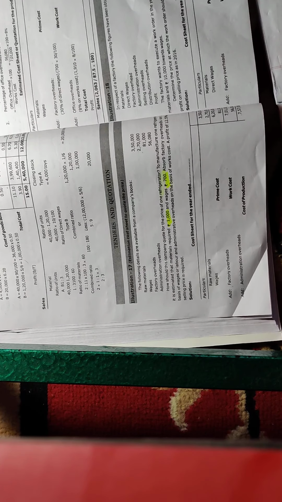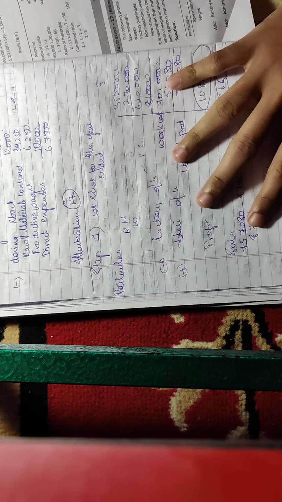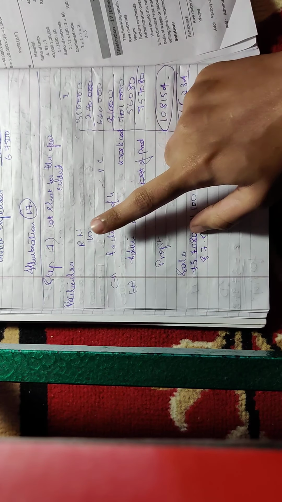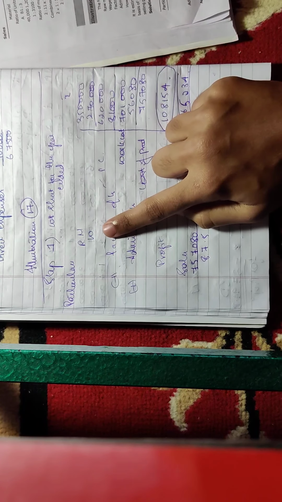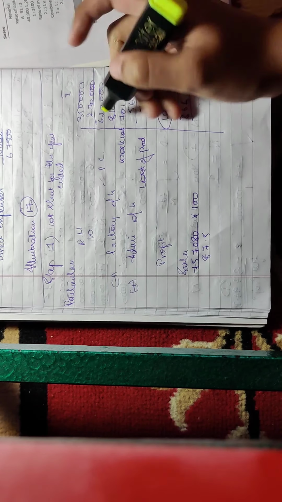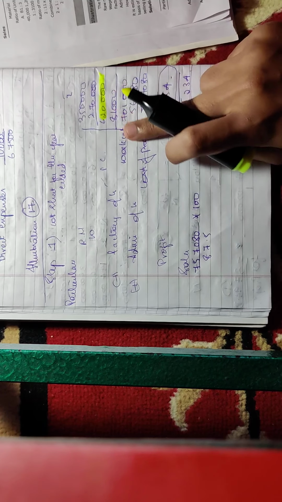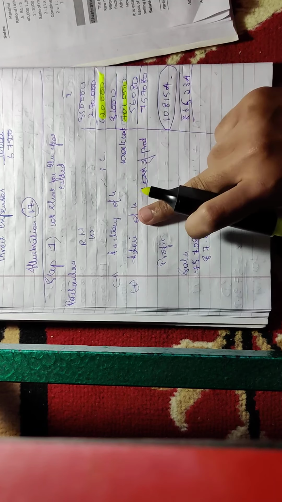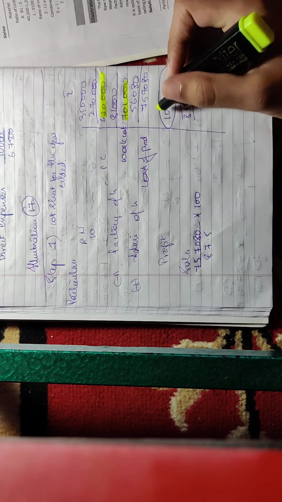Okay, so what is your first step? Step one will be your cost sheet for that particular year. Step one, you will prepare a particulars and an amount column. Looking into the question, they have given you raw material that is 3,50,000, wages that is 2,70,000. What will you get? You will get your prime cost, that is 6,20,000. After which you will take your factory overhead as given in the question, that is 81,000, for which you will get your work cost. Then you will take your administration overhead as given in the question, and you will arrive at your cost of production.